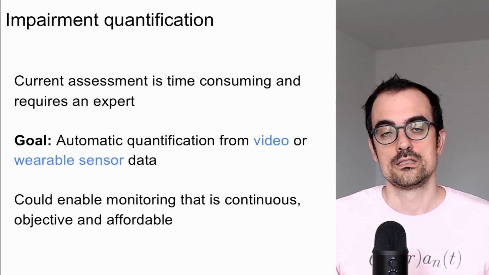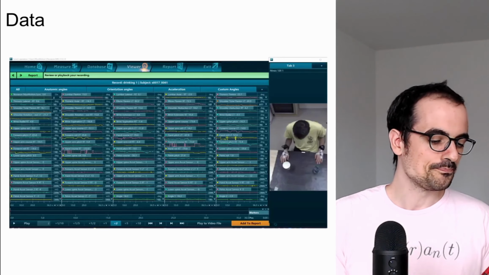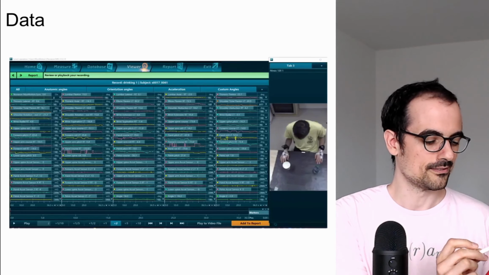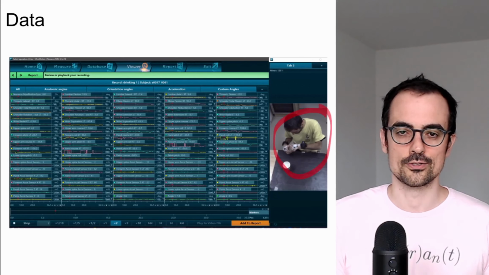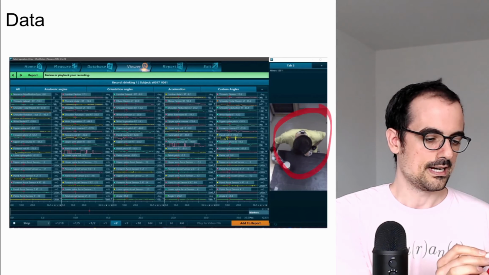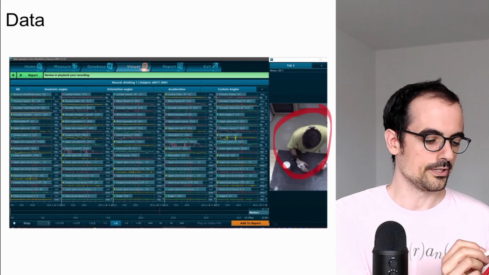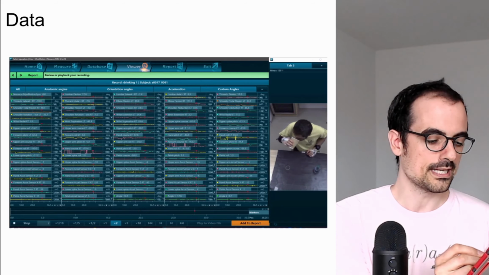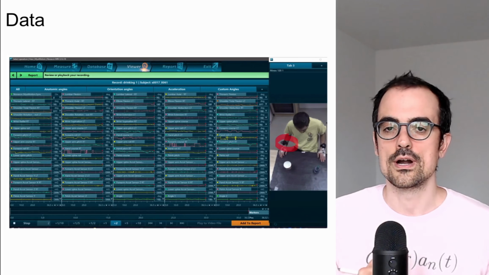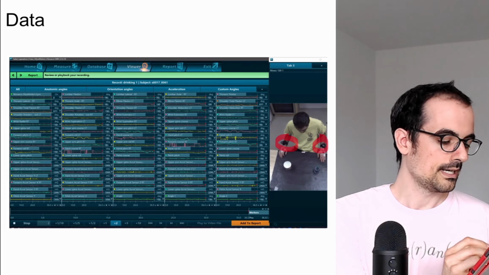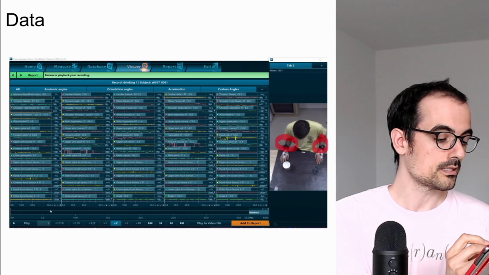Here is the data that we use in this study. The video is pretty straightforward, right? So the video would look something like this, as I have marked on the right. And on the left, if you look carefully at the video, you will see that the patient is wearing some wearable sensors. And here what we see on the left is the output of those wearable sensors,